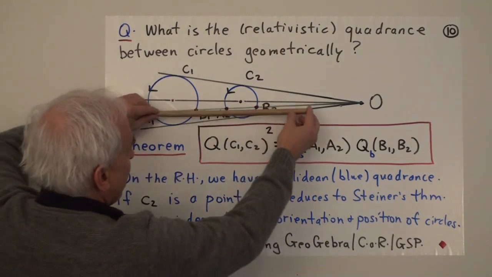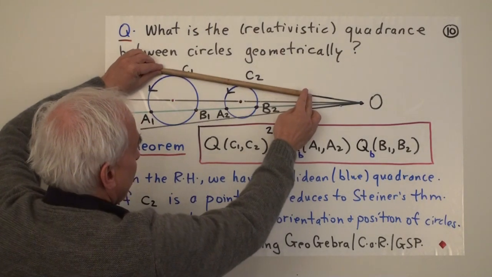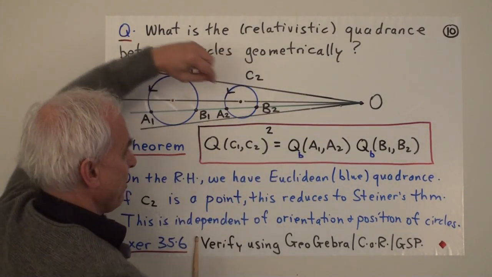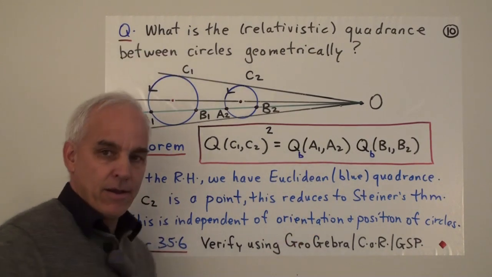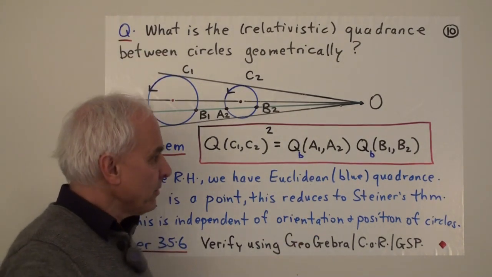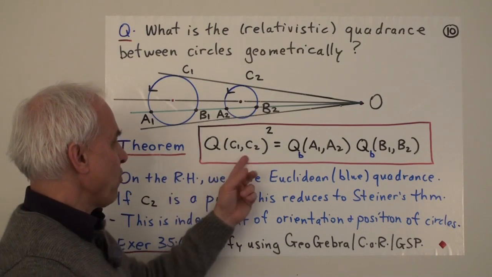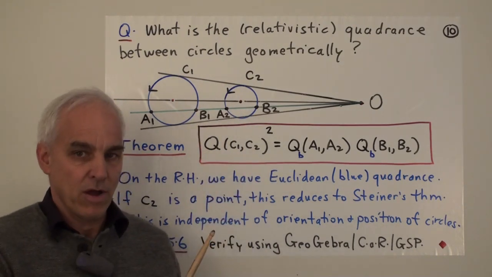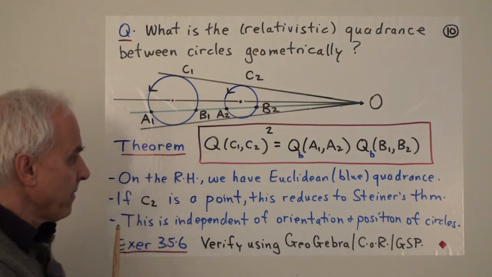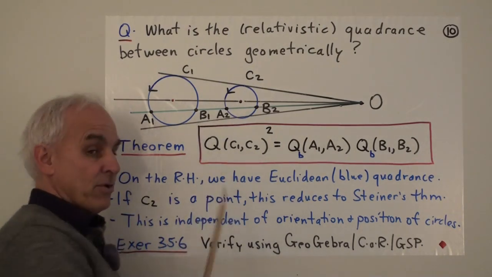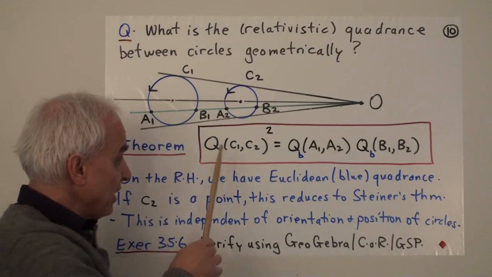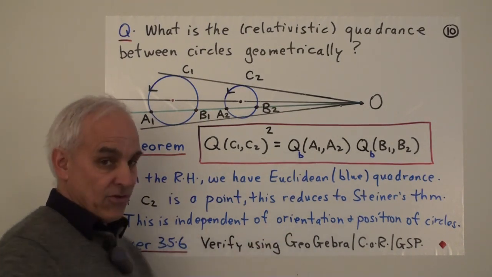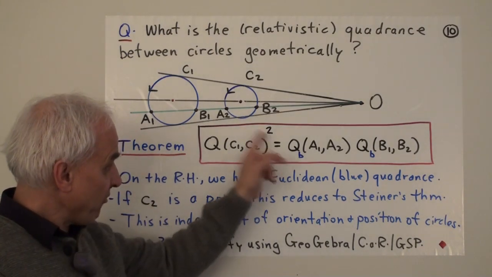In particular, when they become tangent like this, then both A1 and B1 become a single point, and A2 and B2 become a single point, and these things are the same. In that case, we're just getting the quadrance is equal to that tangential quadrance. But this formula works even if one of the circles is inside the other, in which case the quadrance might have a minus sign. These are all Euclidean quadrances, so they're always positive. That's sort of taken care of by this square here.